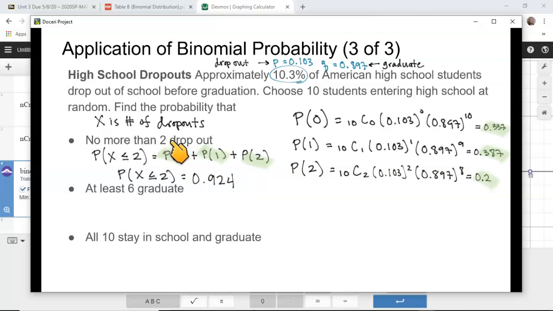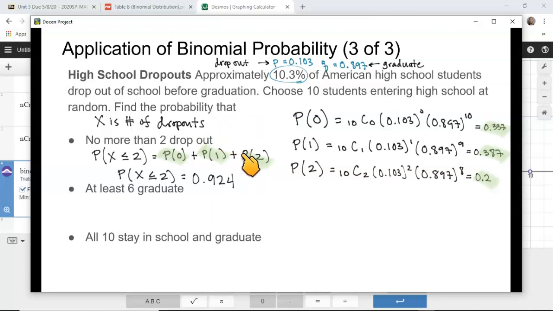So if you chose 10 students at random, there's a 92% chance that no more than 2 of them are going to drop out. And hopefully that makes sense, because 10% of all high school students drop out. In comparison to the 10 that you choose at random, 10% of the 10 would be one student. So the likeliness that no more than two, like at most two students,